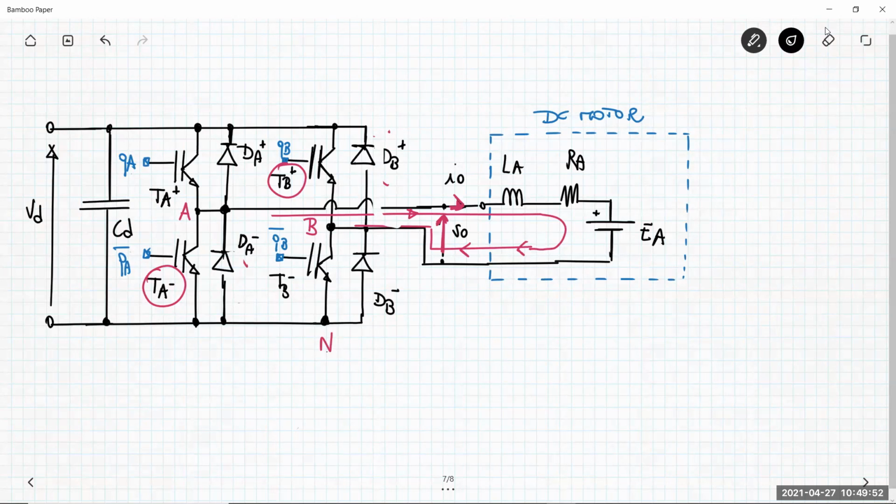Now the devices that are conducting are Ta minus and Tb plus, but the current is negative. So the current is negative means that the current is going in this direction. Okay, it enters the node A, so it goes in this direction. If it enters in this direction, we can see that it is the diode dB plus that conducts the current. The current goes in this direction, and so the current goes